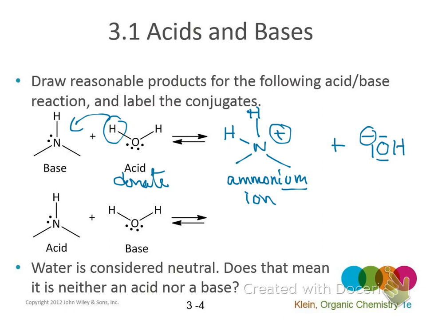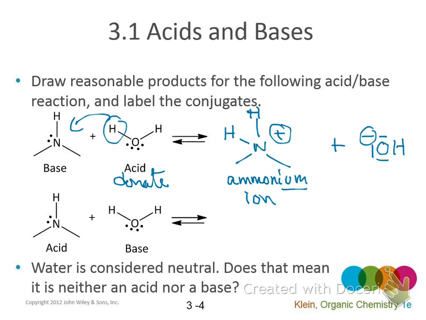It's not ammonium, it's an ammonium-like ion. But if it ends in IUM, it's just a positive ion of nitrogen. Wait, that's not ammonium? Ammonium, they would all be hydrogen. Oh, I didn't realize. Because it has two methyl groups on it, its name is actually dimethyl ammonium ion. But I just got rid of the dimethyl because I wasn't so worried about that right now. But it's an ammonium ion. Anyways,